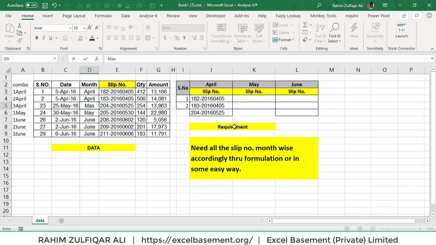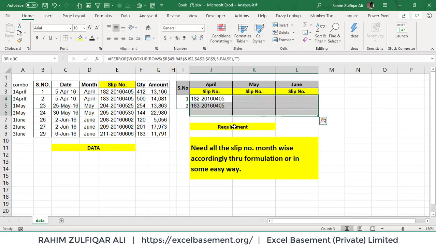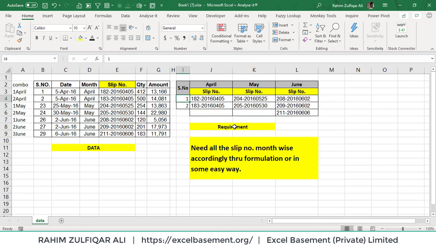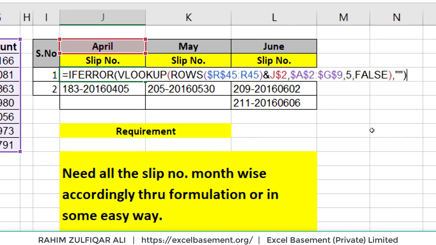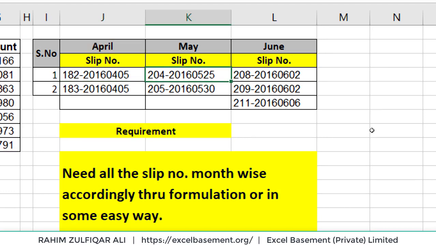This is May, right? Alright, so I will just copy and paste this rightwards, and now you can see that very easily we just created the logic in one cell, and after creating that logic, easily VLOOKUP is giving us